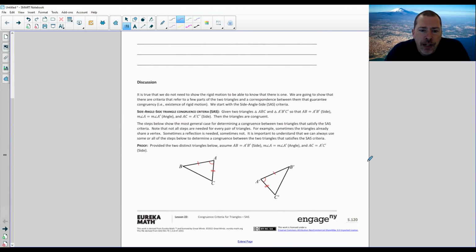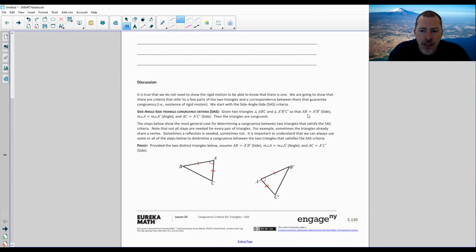It is true that we do not need to show the rigid motion to be able to know that there is one. So there's your answer. It is true. We are going to show that there are criteria that refer to a few parts of the two triangles and a correspondence between them that guarantee congruency, i.e. existence of a rigid motion. We start with the side angle side, SAS criteria. Side angle side triangle congruence criteria, SAS: given two triangles ABC and A prime, B prime, C prime,